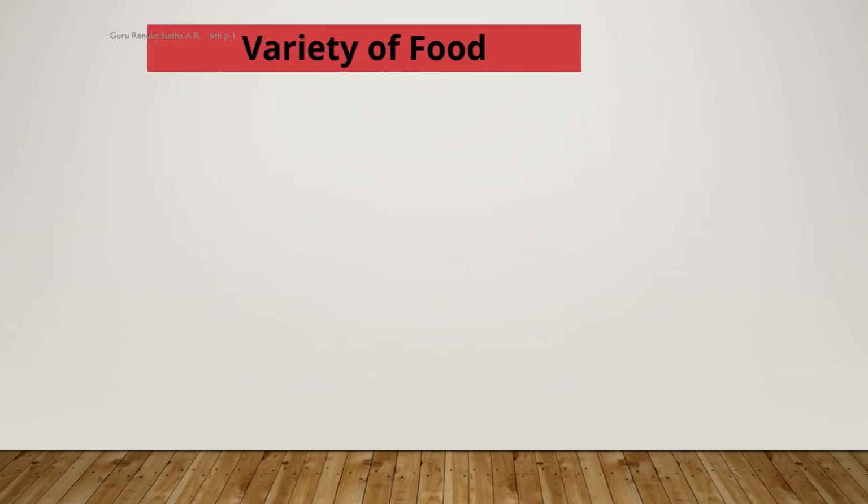Okay, after knowing about the identification of healthy food and what we have to eat in order to keep our body in a good manner, we have already learned. Then, after knowing these healthy foods or food materials, we are going to notice so many kinds of food materials in hotels, in our home, or in any street foods like that.